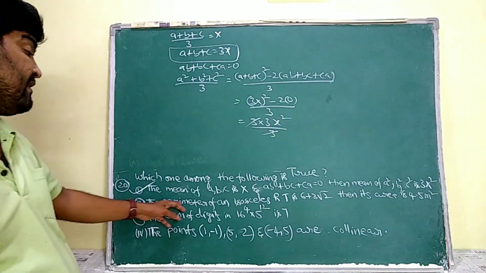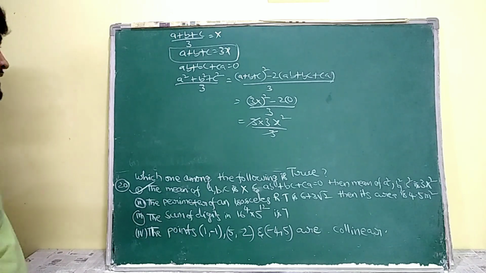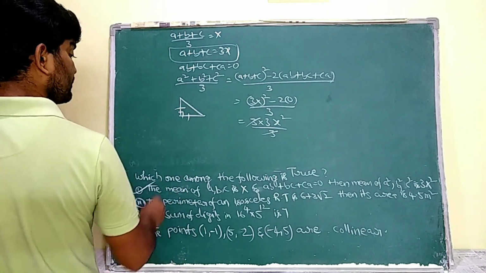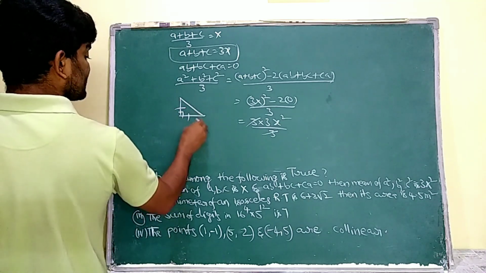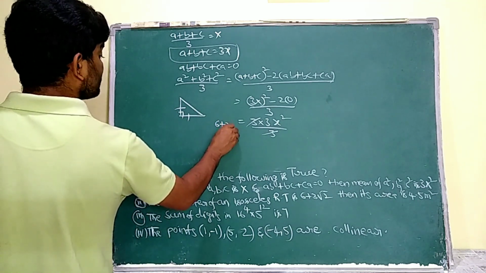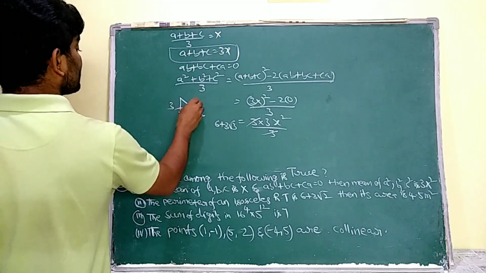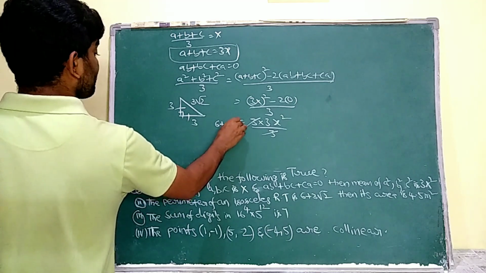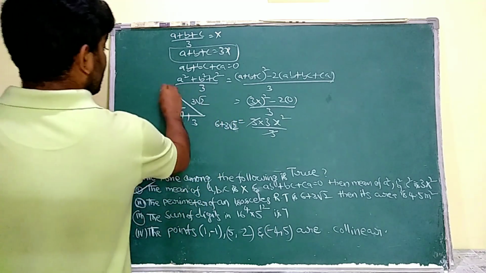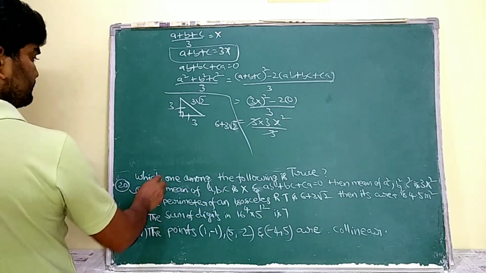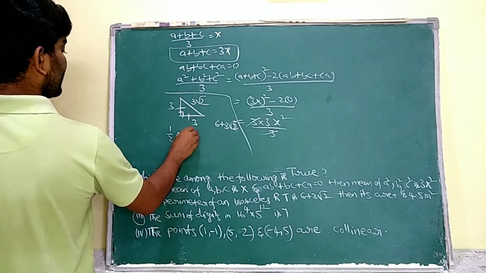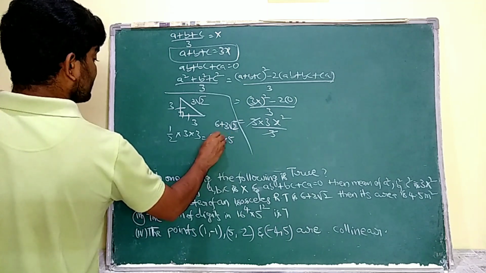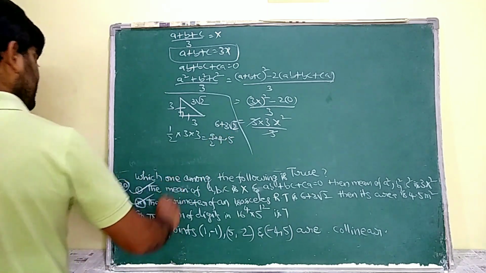Now, the perimeter of an isosceles right angle triangle. An isosceles right angle triangle means this one; here these two sides are equal. So its perimeter is given as 6 plus 3 root 3. It is very clear that the sides are 3, 3, and 3 root 2. So half into area, 3 into 3, it is 9 by 2, that is equal to 4.5. So 4.5, this statement is also true.